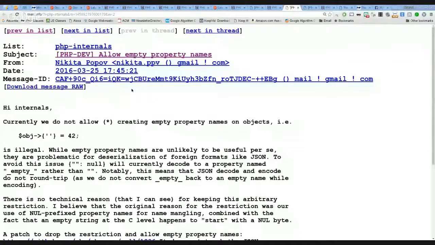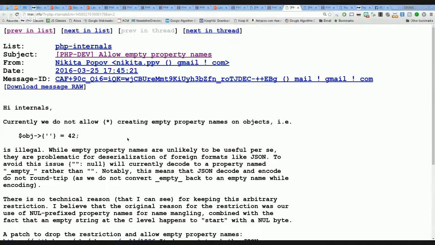So moving on to another discussion, which is a bit surprising, I think, but at the same time it makes sense once you understand the context. This is the case of allowing empty property names.